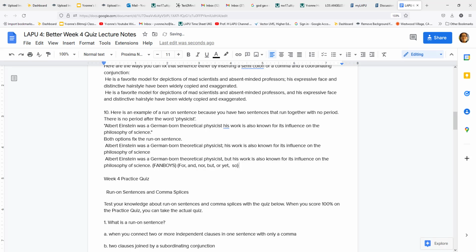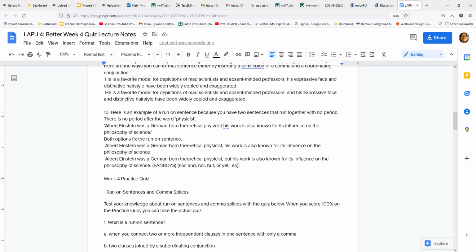So those are all coordinating conjunctions. And so whenever you use a comma and any of these coordinating conjunctions, then you can join two sentences together and it becomes a compound sentence. So that's what we studied in the previous quiz, was when you have FANBOYS connecting two sentences, then it is